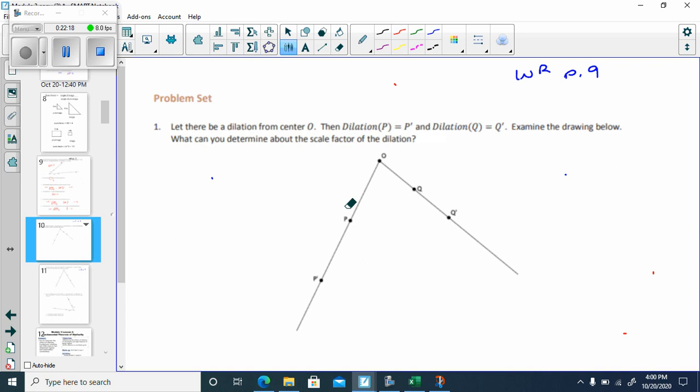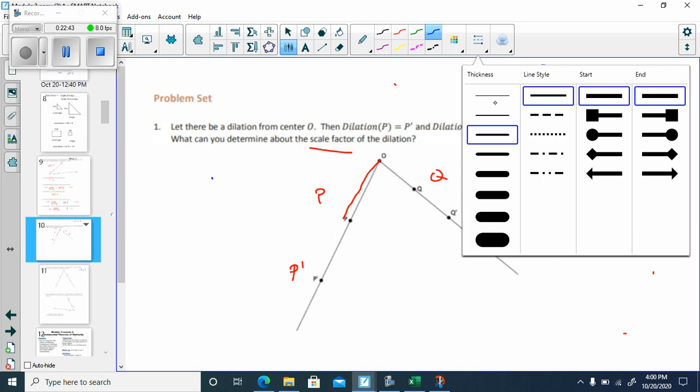Let there be a dilation from center O. You're going to start with OP, and it's going to be dilated to P prime. You're going to start with Q, and this is going to be dilated to Q prime. Examine the drawing below. What can you determine about the scale factor? Well, if I start with the shorter line, this OP, and then I wind up getting this longer line, OP prime,